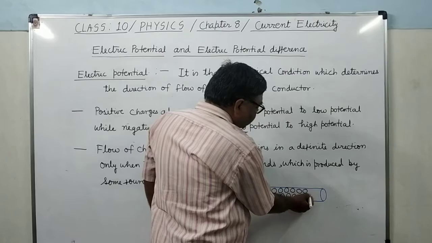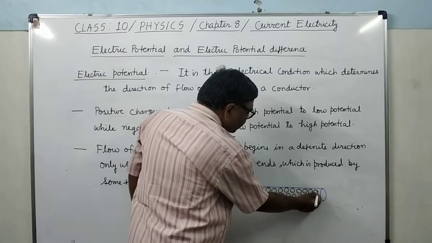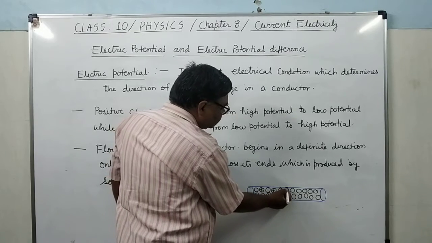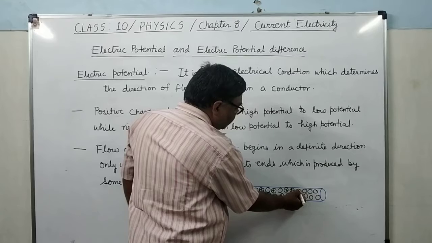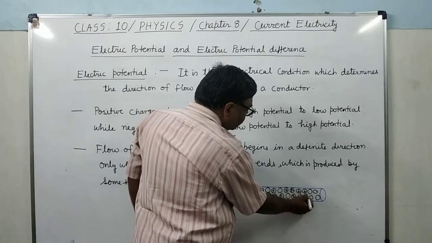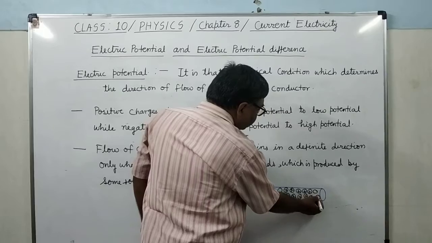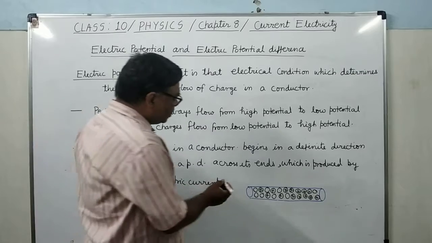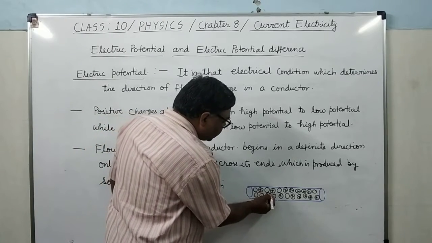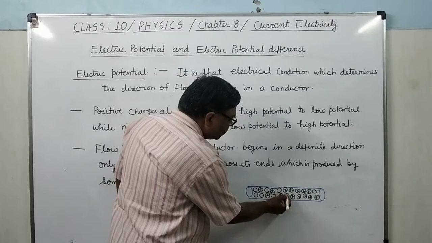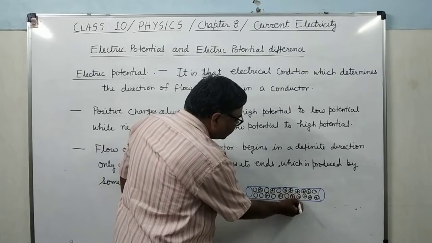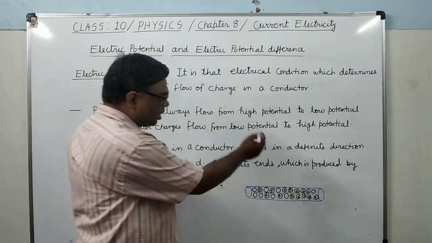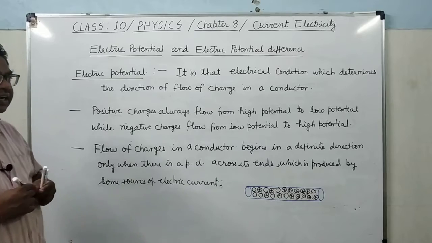Now among these atoms, some will be positively charged, those from which an electron has come out from the valence shell. Now see here, there will be free electrons also, which I am showing with this. It is clear, these are the free electrons which are present within the conductor.